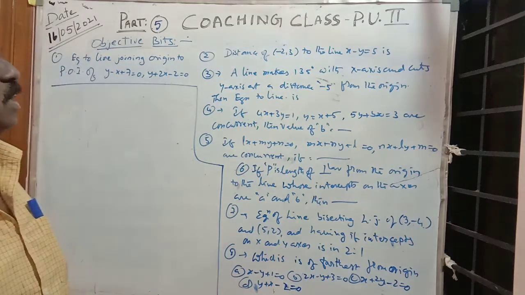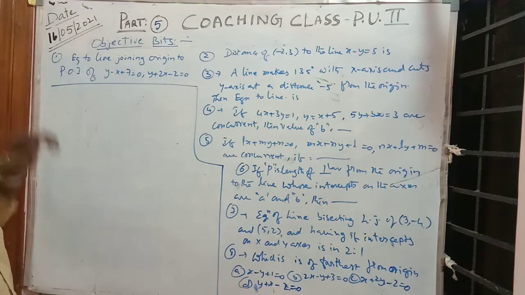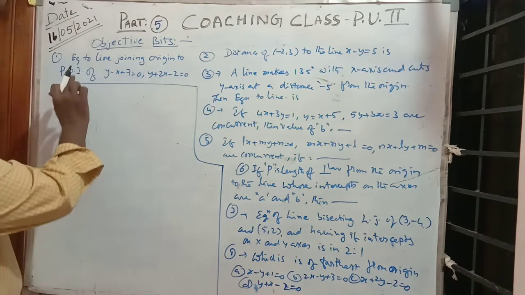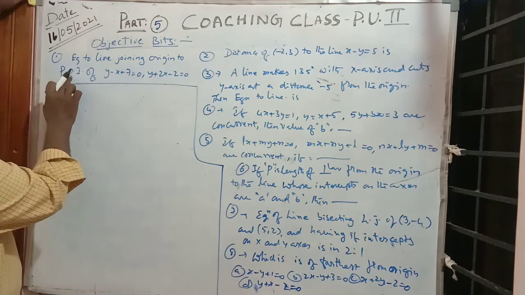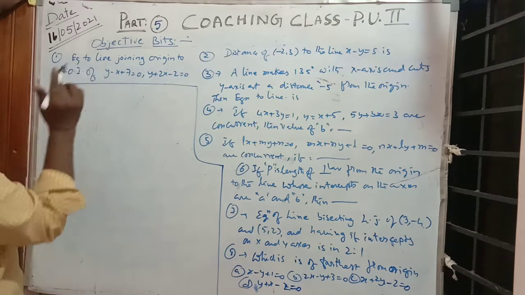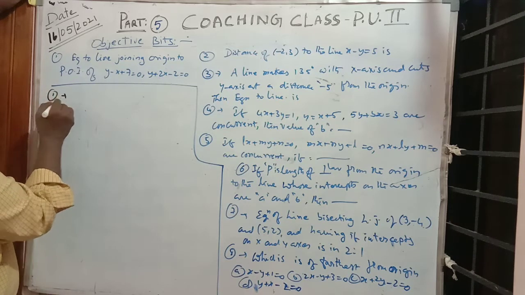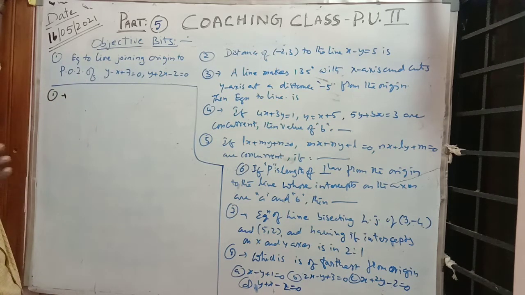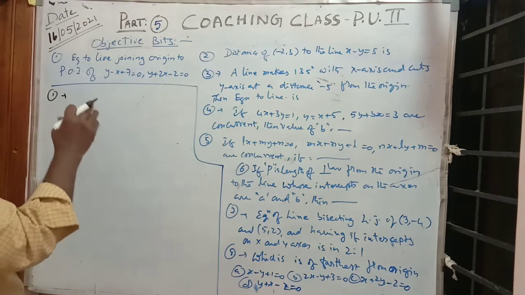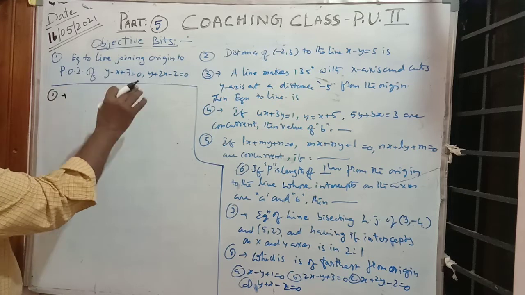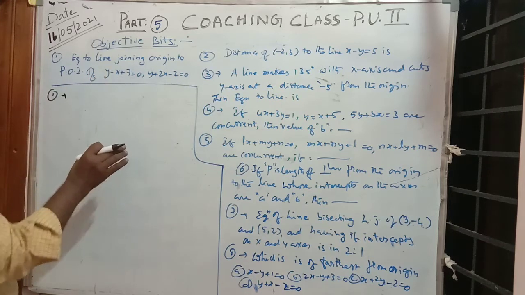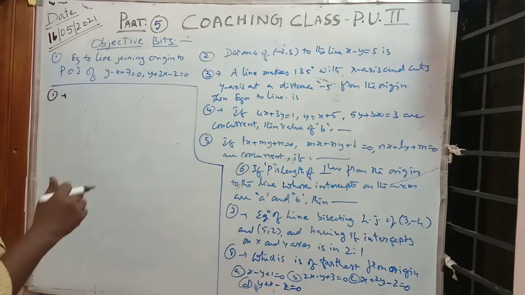You see, the number one question: the equation of the line joining the origin and the POI, meaning point of intersection of lines. Options are not mentioned. In our bunch of papers you see them in a letter, but here there is no place on the board for the options, so without the options, I will solve the questions only. You need only the solution, that's all.